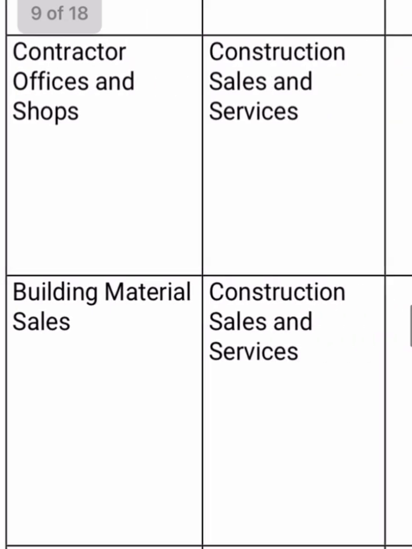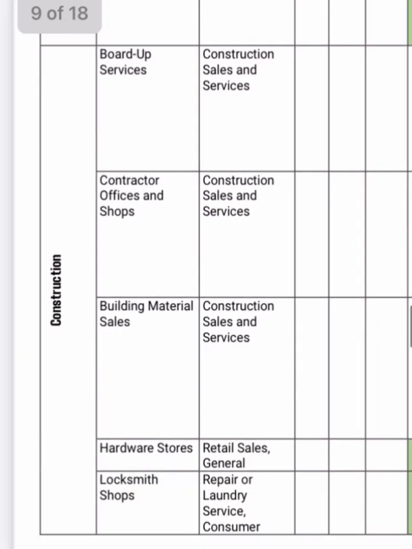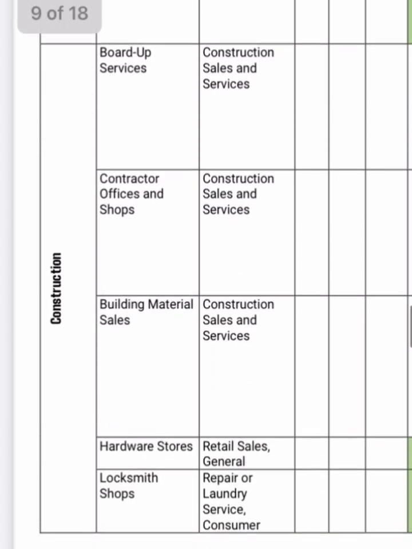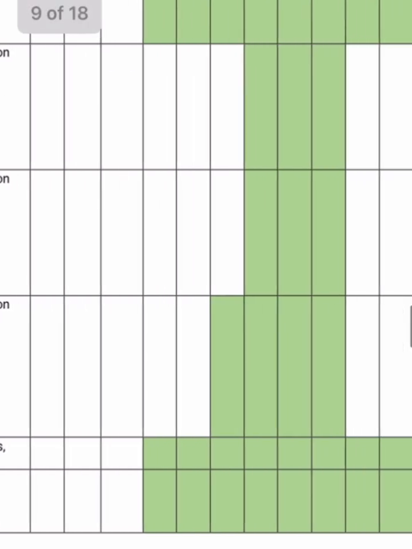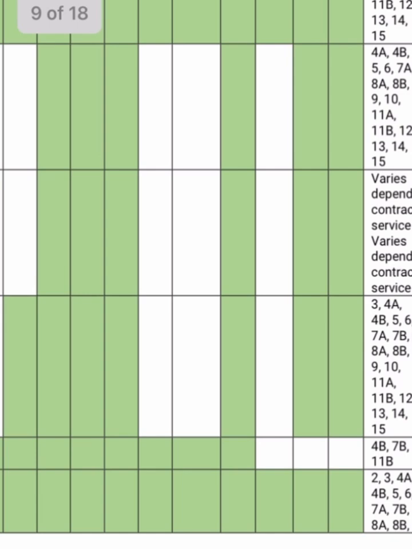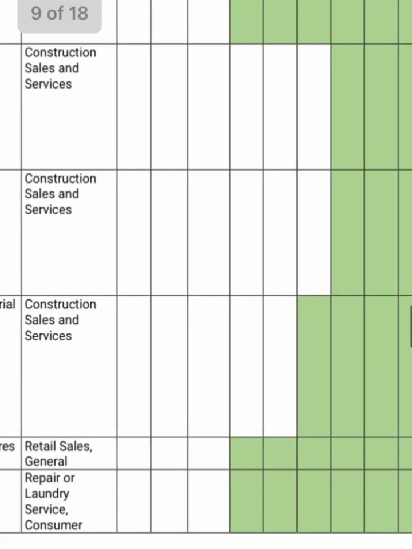What about construction? Obviously, construction occurs everywhere, so whenever you're building things, and there's rules about it, like number of hours. But these specific services are a contractor office and shop or a board-up service. Why aren't these allowed more places? You can make rules that you can't make noise overnight and things. Maybe the reason it's so hard to find a contractor is they're not allowed to have an office. Look at this. They're only allowed in 6 different zones. They're not allowed in all these different zones.